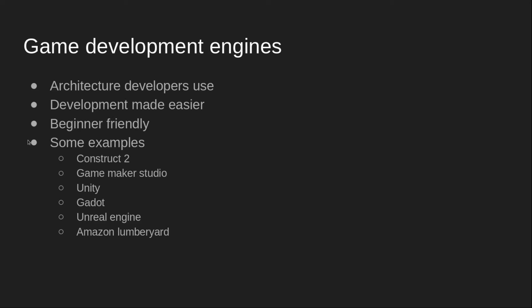Some examples of game development engines, and these examples are on the basis of beginner to advanced capability. The first one is Construct 2, second one is Game Maker Studio, then we have consecutively Unity, Godot, Unreal Engine, and Amazon Lumberyard. The last four are for the advanced who love to code or who love to design their